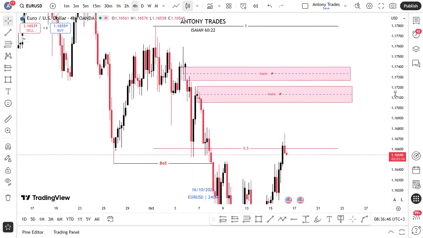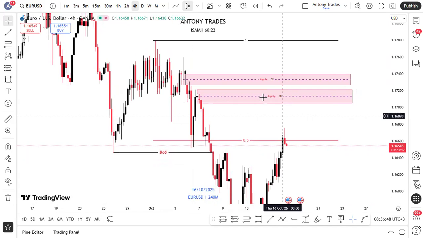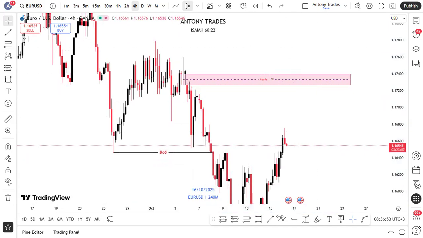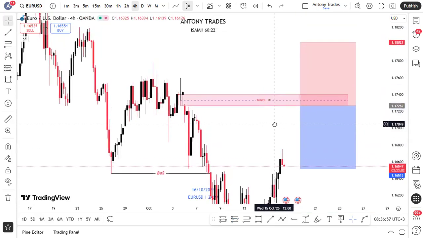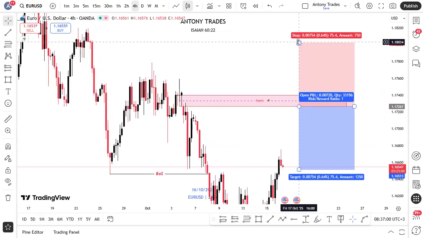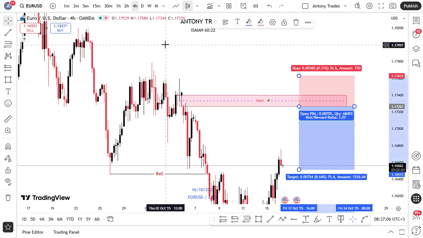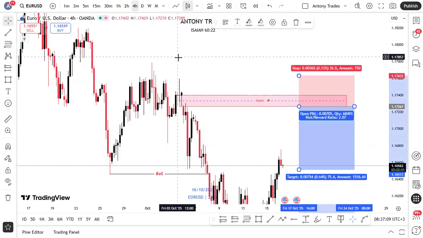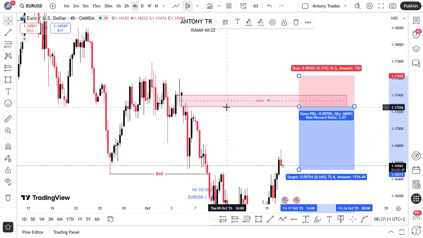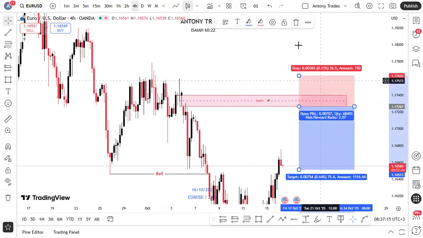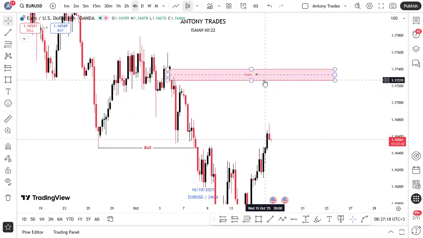So if I was to execute this trade from the 4-hour time frame, that is where I'll place my order. This is where I place my order like this. But remember, we are talking about a day trader. So I don't have to execute my trade on a 4-hour time frame. Now that I have my point of interest there,